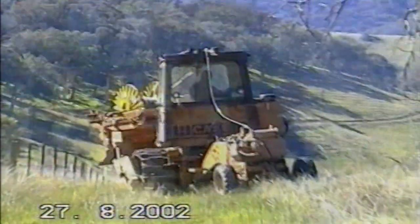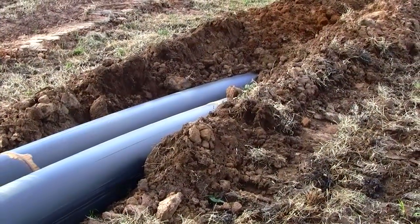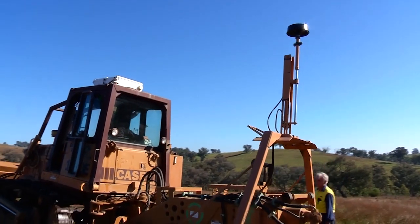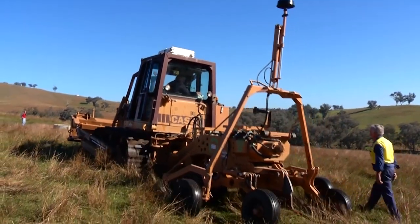We started off using it for Telstra cable, water pipes for farmers during droughts and so on. It's gone on further from there with the townships with sewage pipes and also considerable stock and domestic water supplies. It's designed to use GPS systems for grade control, which has been shown to be very accurate